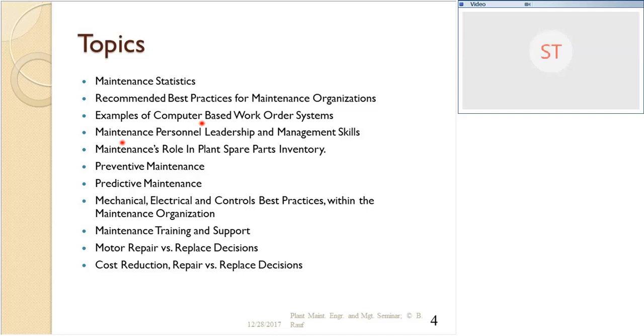We'll talk about maintenance personnel, leadership, and management skills. Again, if you've not been in the trenches with maintenance folks, you may not be familiar with some of the ideas and thoughts that we're going to share with you, some of the best practices that, in my experience, were proven to work. And so we'll share those with you. And if you've been in a maintenance environment and have also learned or experienced some best practices, and you'd like to share